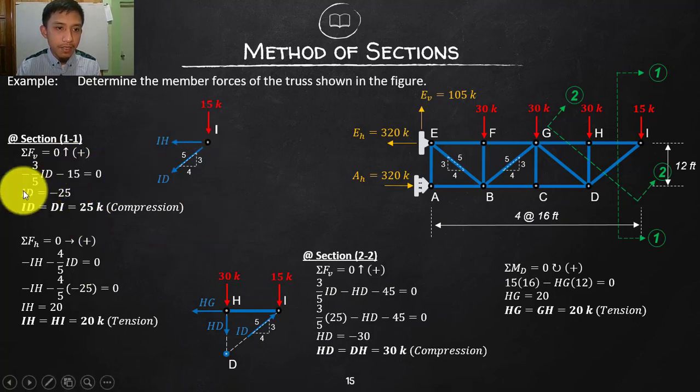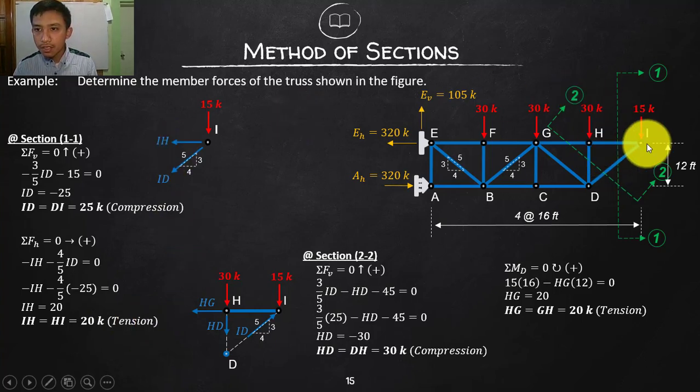That happened more than twice, I think, on our previous solution. Okay, so that's it. Instead of substituting 25, I will be carrying the negative again since I did not yet reverse the correct direction. So negative 25 is the ID, simple algebra again. IH will now give us 20 positive, so that means we are correct with our assumption that that is tension. So 20 keeps tension. So now I already know this IH and ID, and then I will now cut this